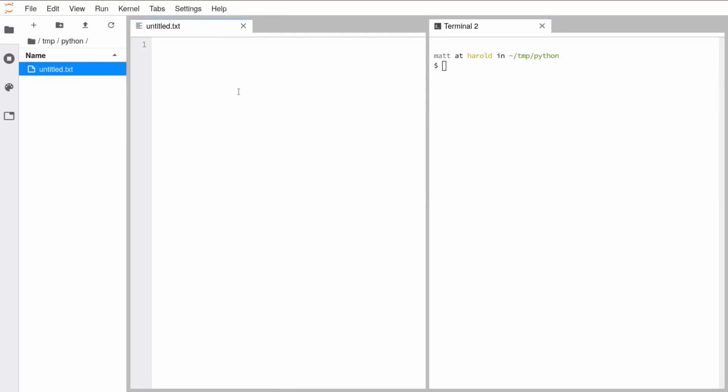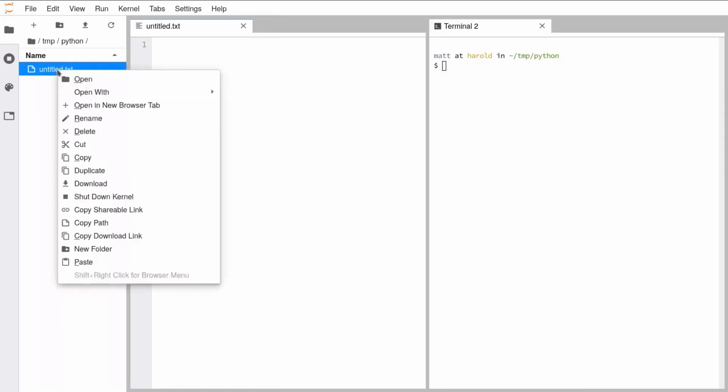The first thing we want to do, because currently this file is called untitled.txt, is rename this file so that it has the correct file extension. Python files should end with .py, not .txt. And secondly, untitled is an undescriptive name for what we're going to be doing. So if you right click on the file name in the file browser on the left hand side and go down to rename, so right click and rename,